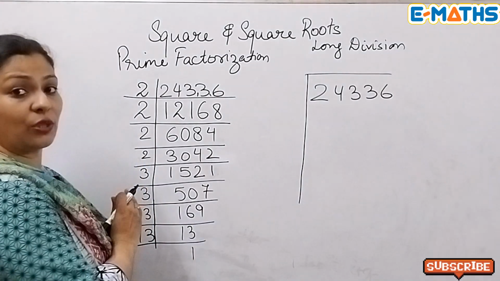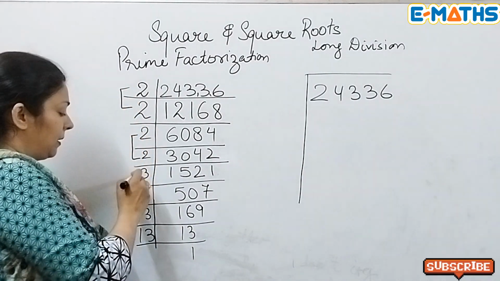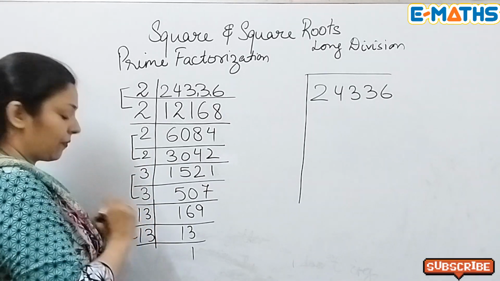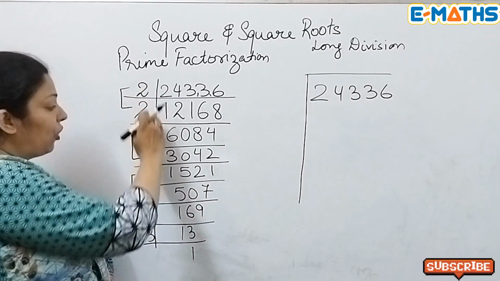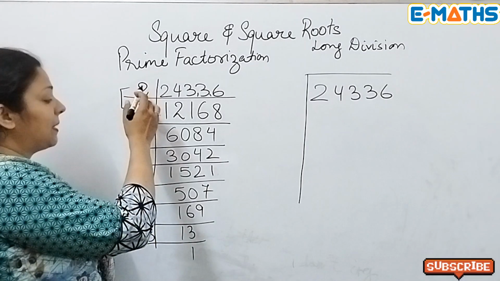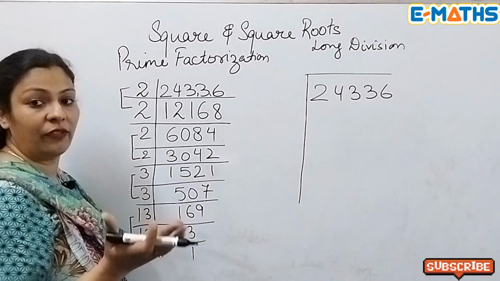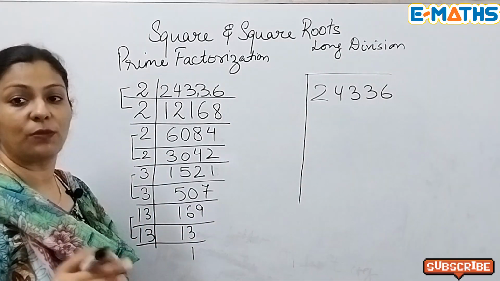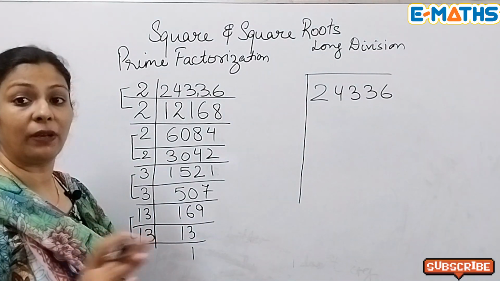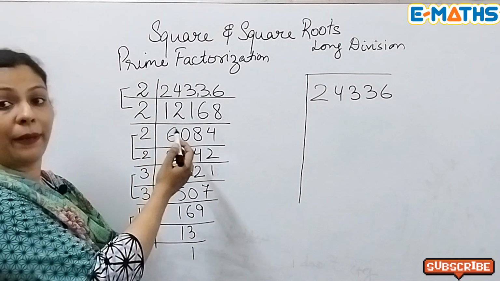Now when you find the square root, you are going to make pairs of the same numbers. So if you see, I have got the pairs over here on the left hand side. You cannot match up 2 and 3 together or 3 and 13 together. It has to be a pair. If you wear black socks, then of course both the socks have to be black. It cannot be one black and one white. Similarly, it has to be the same number when you are making pairs.